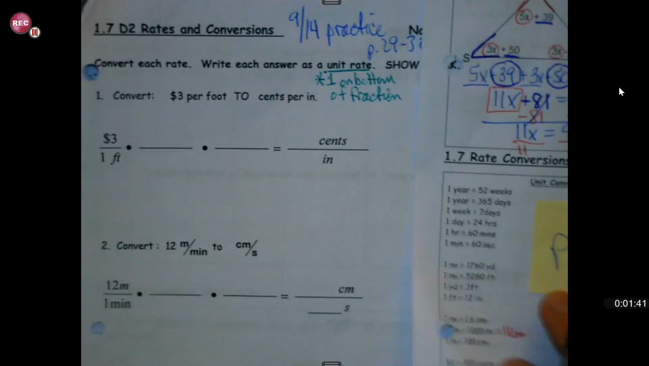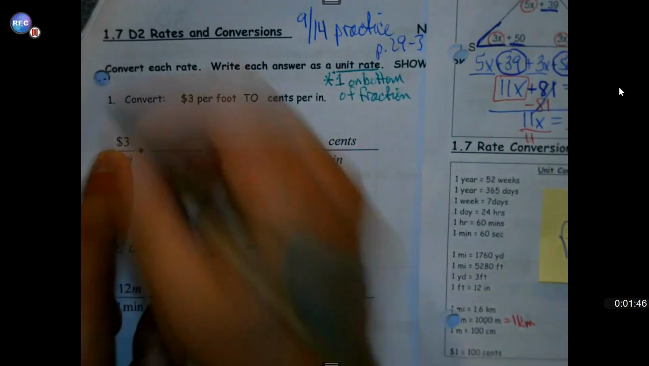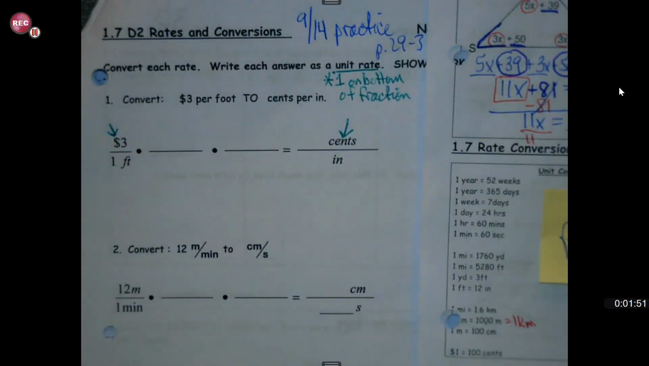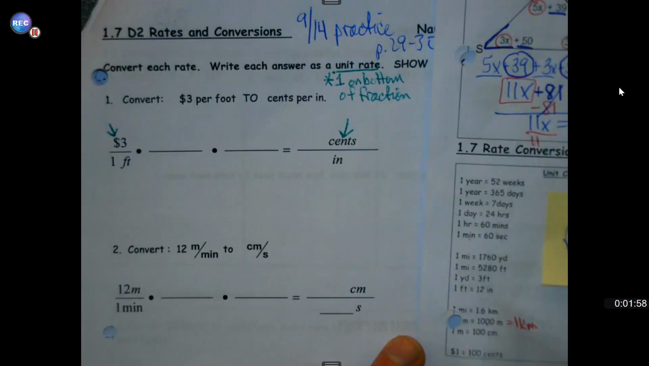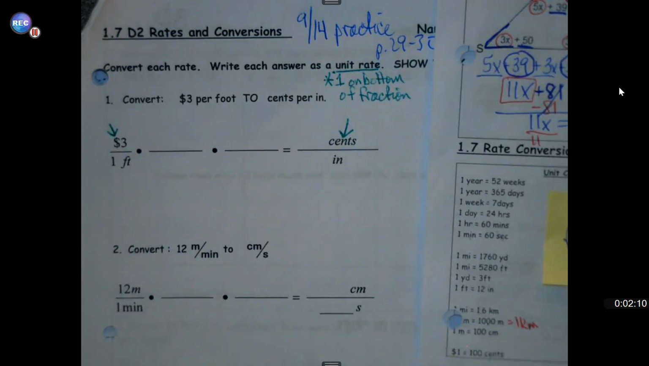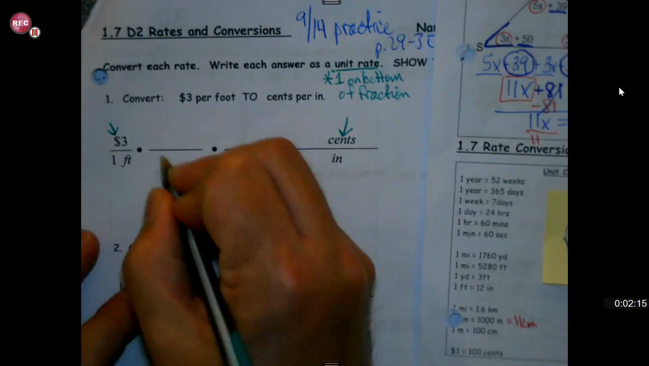So when I'm looking here, I notice I'm starting with dollars. I'm trying to get to cents. So I go, okay, I look up and down my rates. And I find where dollars and cents are together. Okay, a dollar is 100 cents. For us to cancel something, for us to cancel dollars, we want to start looking at getting rid of the dollar. So